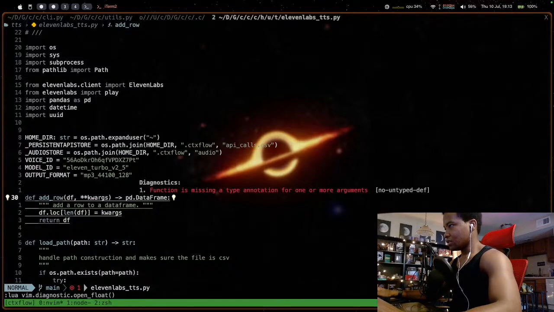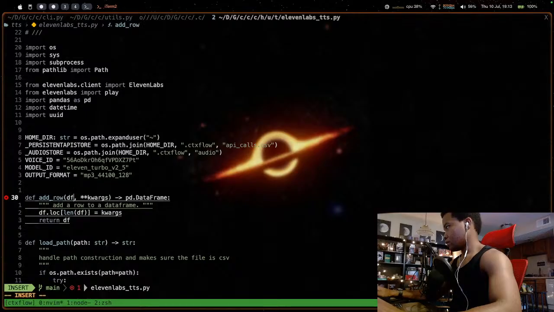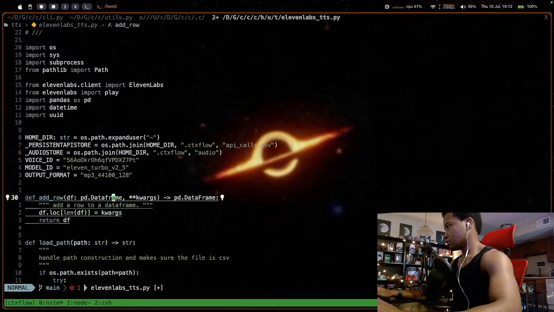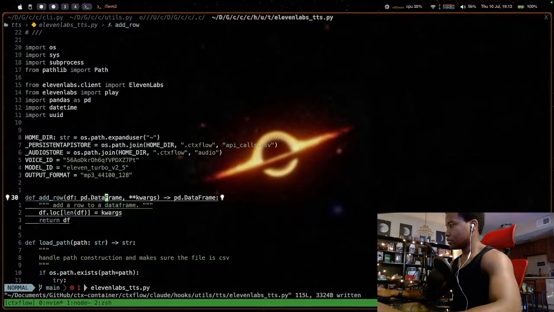What, function missing type annotation? Oh. Can't type. Wait, I think it's DataFrame. There's no way they want me to type kwargs.